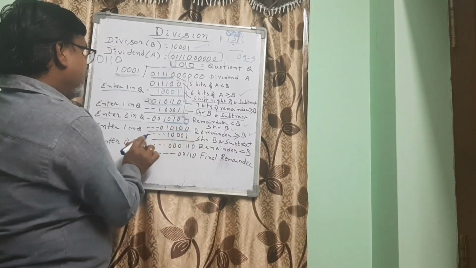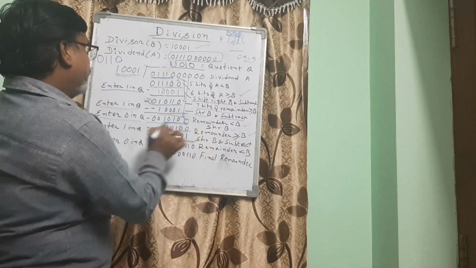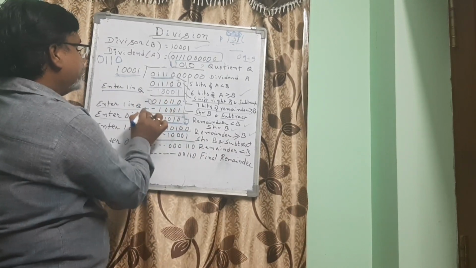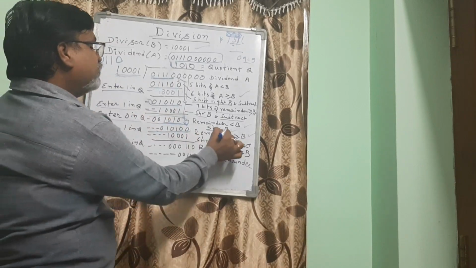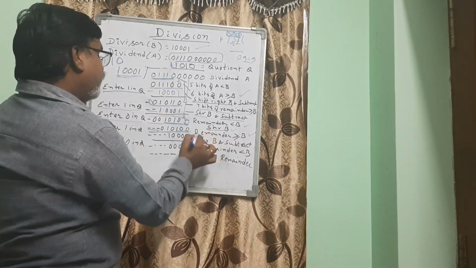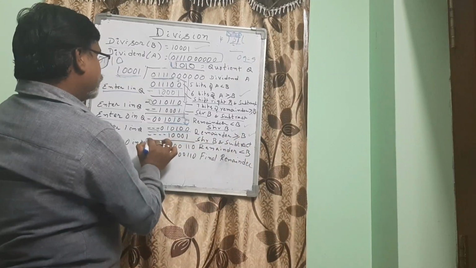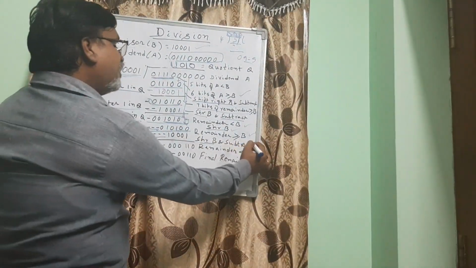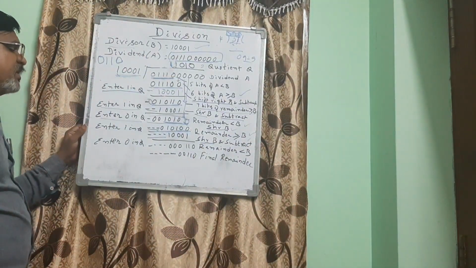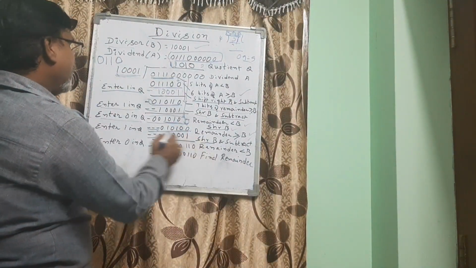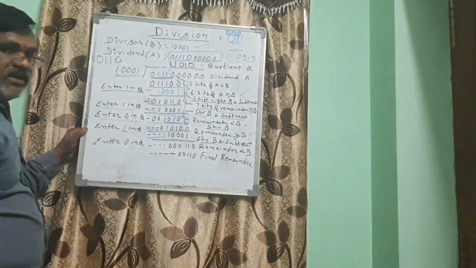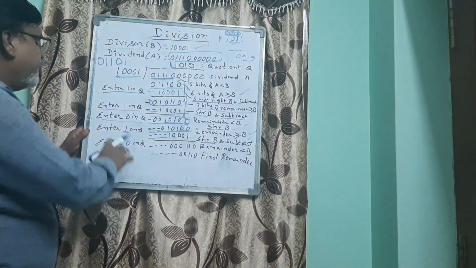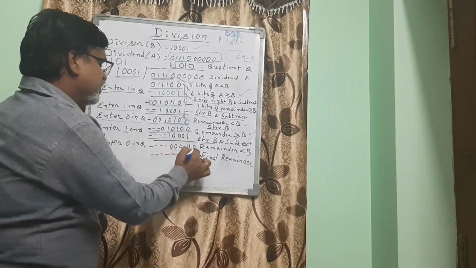So here you just see the number of shift rights. Shift right b, where here only one time shift right, here 2 times, here third time 3. Okay, now remainder is greater than b. Now again fourth time, so 4 times the b is shifted right, and then subtracted. So after subtracting, as we told you, for every shift right we have to add 1. So again we are going to add 1 here.